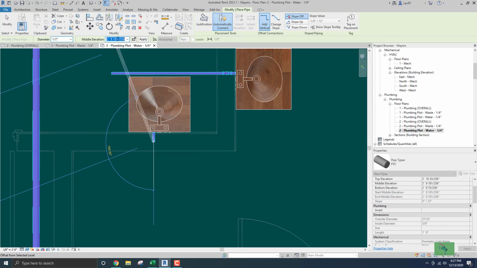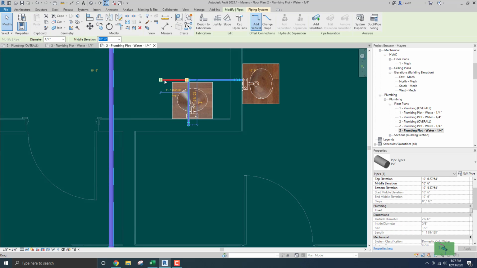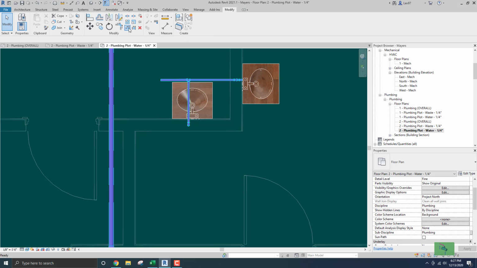And we go 10'6", 10 space 6. Uh-oh. And we go up here, and we connect here. I'm going to change this guy to 3/4 inch. Okay, that looks good. And now we can extend